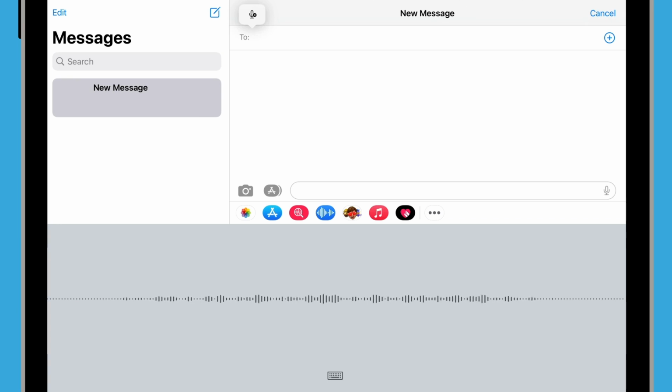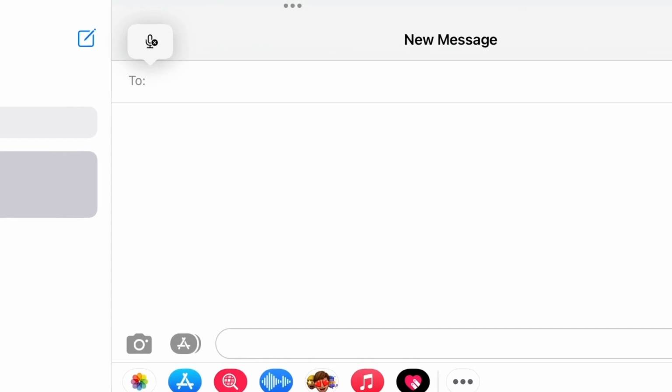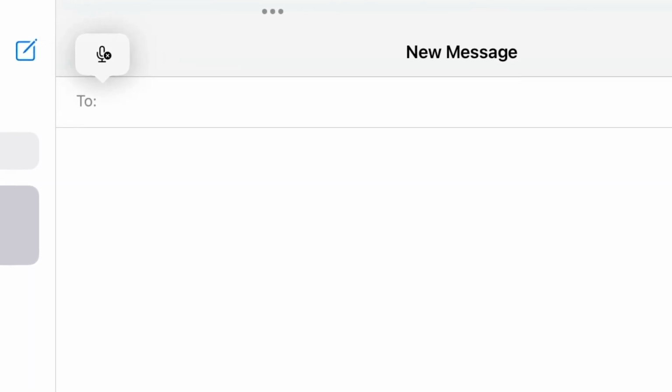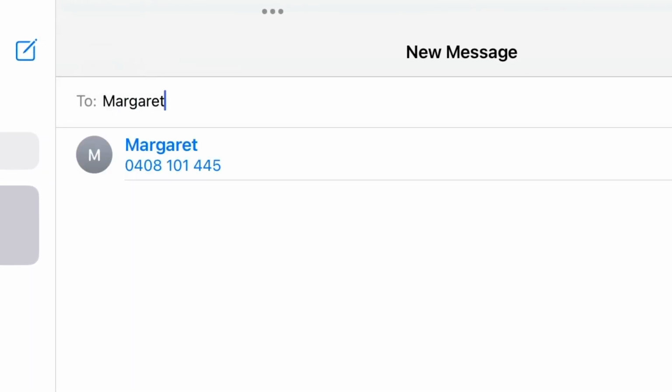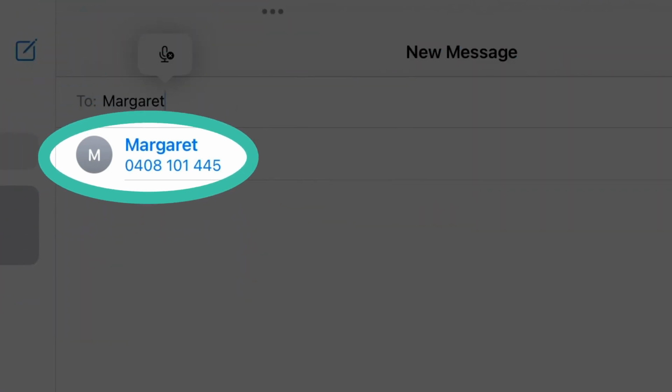Say the first name of the person you want to send a message to, and the iPad will search your contacts list for a match. For this demonstration, we'll send a text message to Margaret. Tap Margaret's name to confirm that she's the contact we want to send this message to.